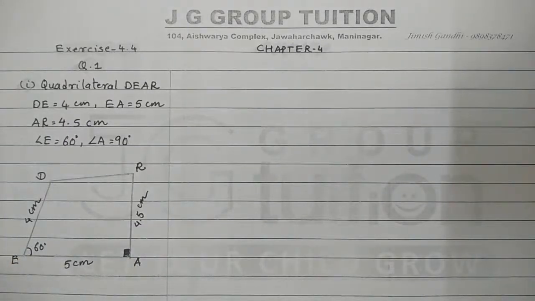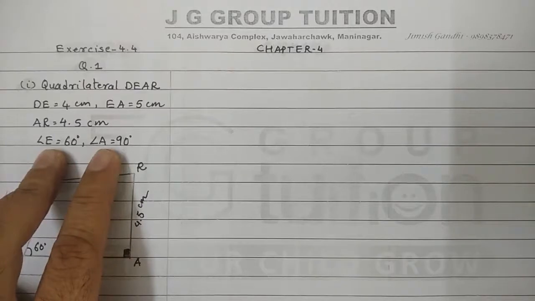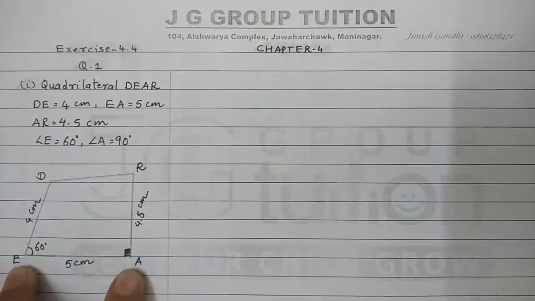Now this is quite easy, but one thing again, as we discussed in the previous videos, is from where exactly we have to start to construct the quadrilateral. Whenever the angles and sides of a quadrilateral are given, we should start with that base where both the base angles are given. You can see here angle E and angle A are given here. So we should take EA as a base.